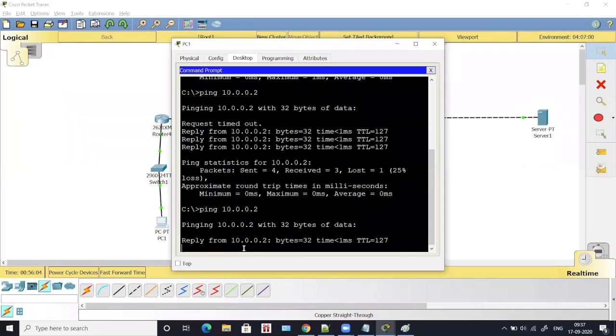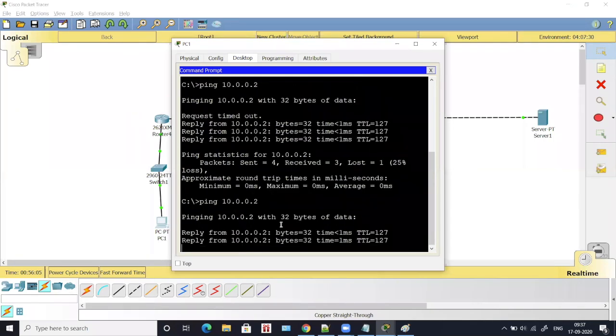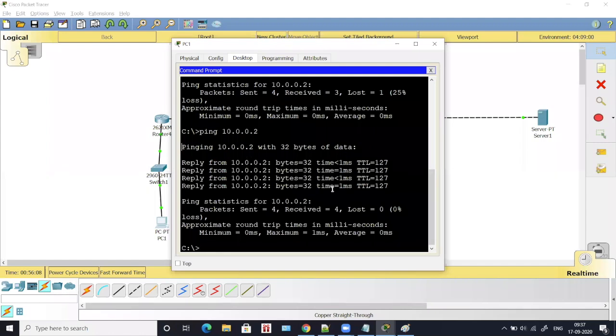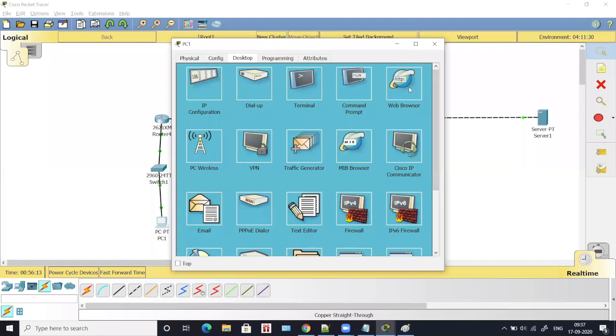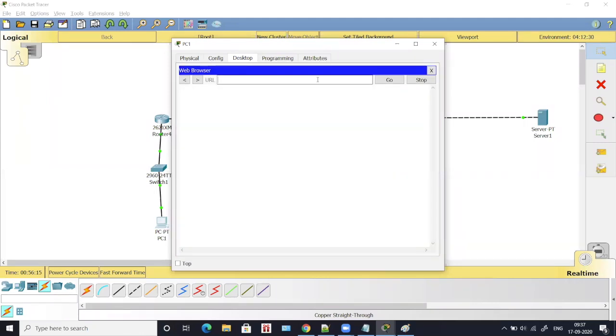When I try pinging 10.0.0.2, it is giving me the reply. We are getting the reply. Now from the same computer, I'll go to web browser and I'll type 10.0.0.2 and click go. It is going to show me request timed out.